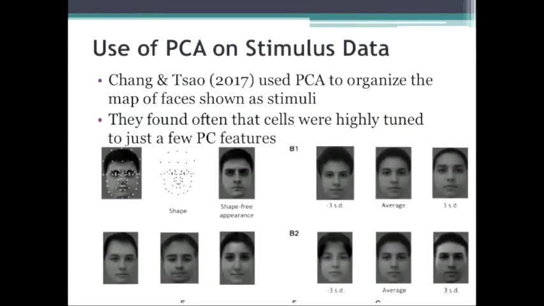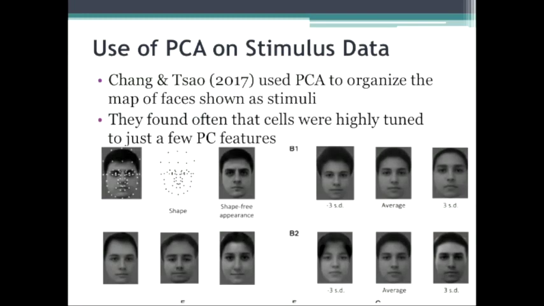Here's another example from a paper published last year. I think this is in Cell, wasn't it? Not Nature, but a pretty nice example. Here they're using PCA to organize stimuli. One of the things we're very interested in is how primates, like ourselves, recognize complex features like human faces. But how would you possibly discover what the relevant variables are? There are an infinite variety of faces. How would you find out which features are being responded to?